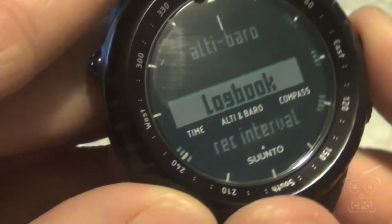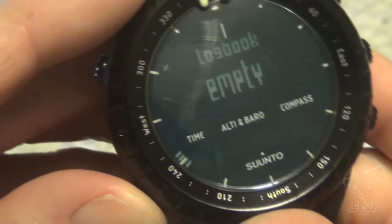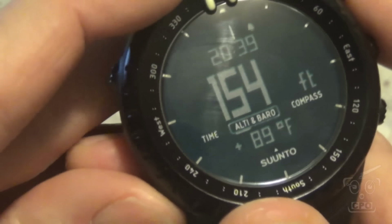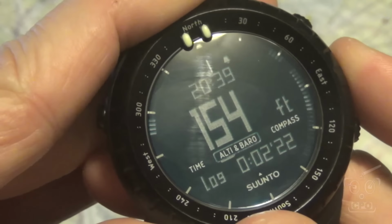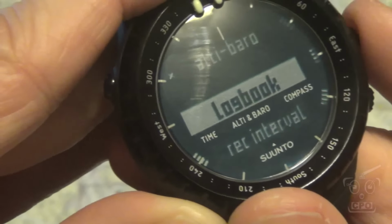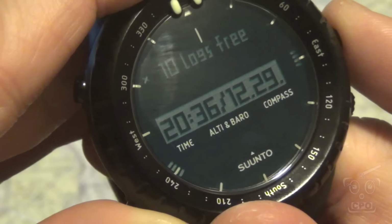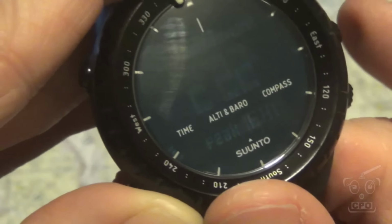Then we have the logbook. My logbook is empty. I need to go back and close out that one log that we're doing. There we go. It will not log anything until you've actually stopped the logging. Okay, so now I have a log from 8:36 p.m. on 12/29. I can view it, and you can see